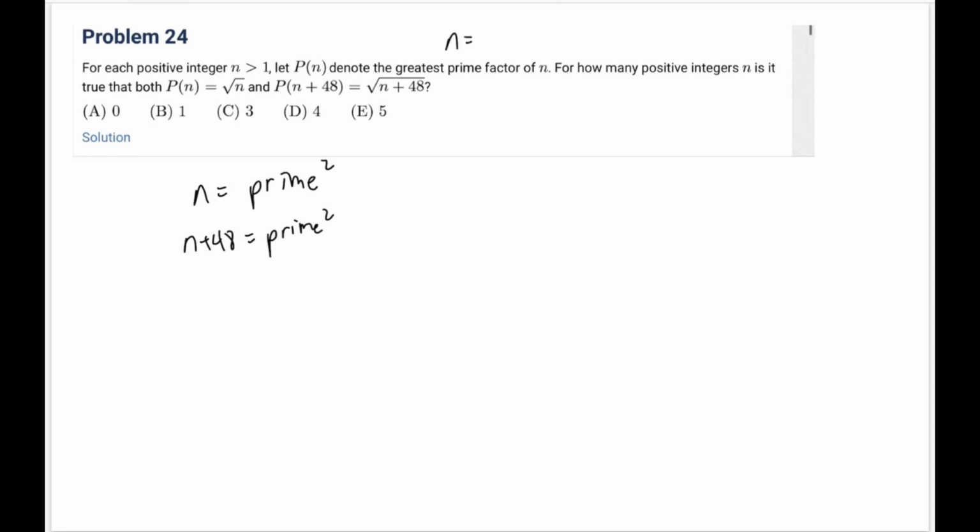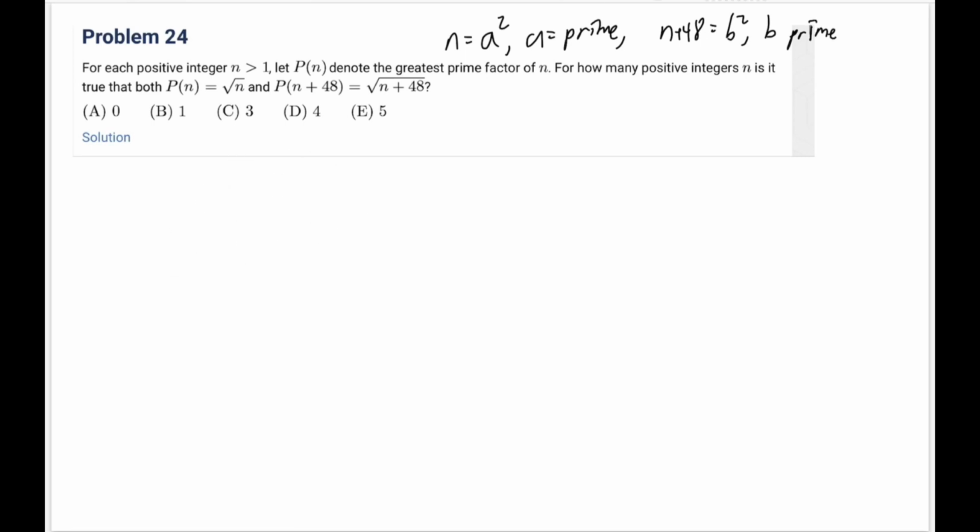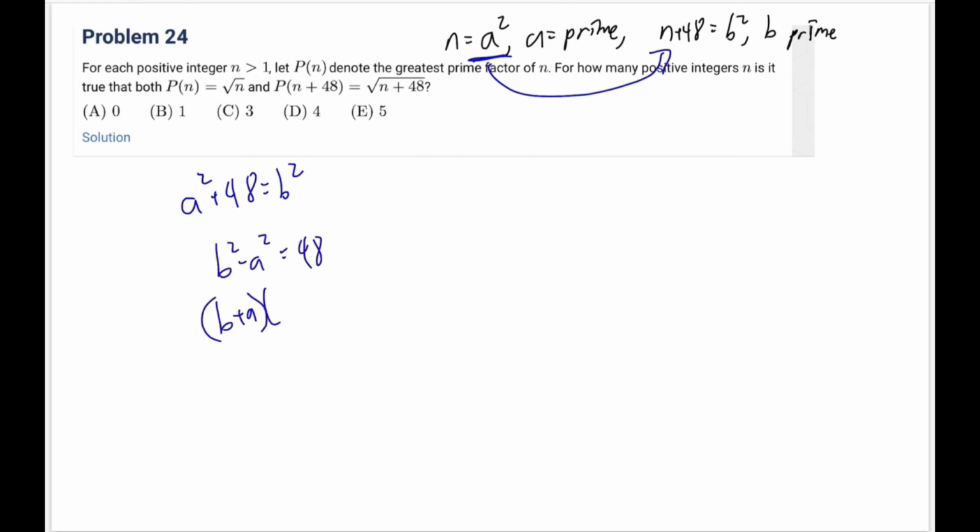So if n is a squared and a is prime, n plus 48 is b squared and b is prime, right? And so if we put those two together, n is a squared, and we put that into this n. A squared plus 48 equals b squared. B squared minus a squared equals 48. B plus a times b minus a, this is 48. And so